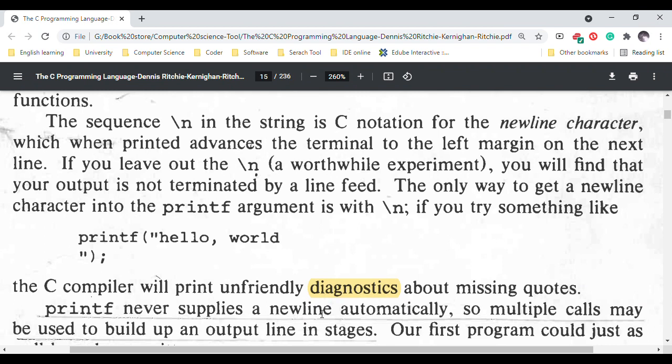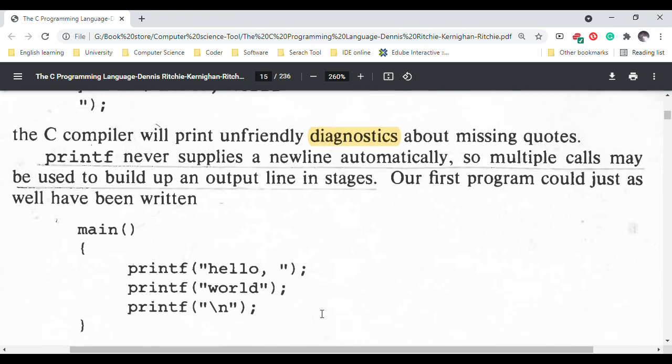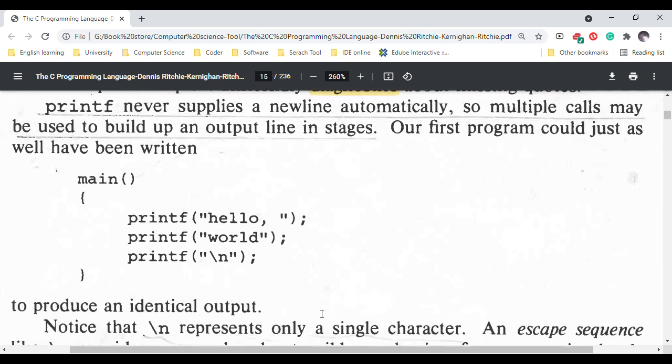If you try something like printf("hello, world); the C compiler will print a friendly diagnostic about missing quotes. Printf never supplies a newline automatically, so multiple calls may be used to build up an output line in stages. Our first program could just as well have been written